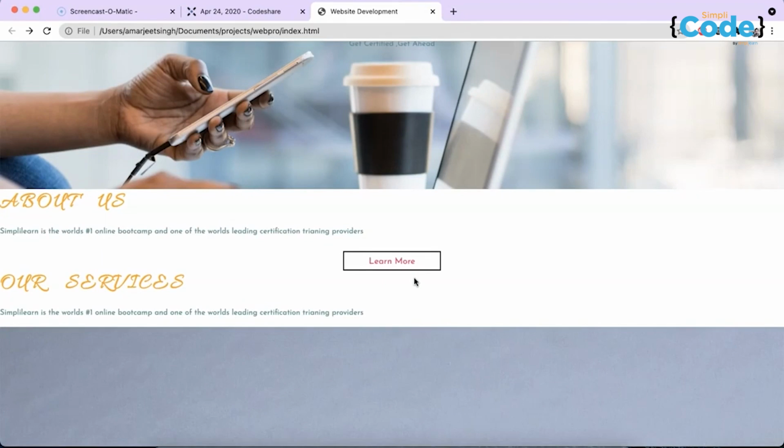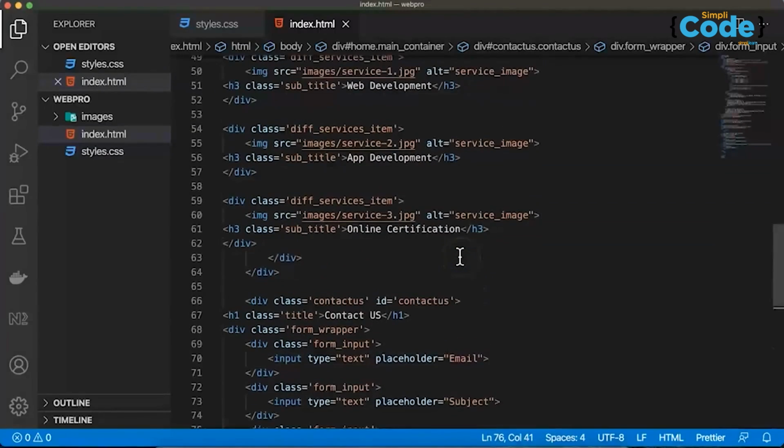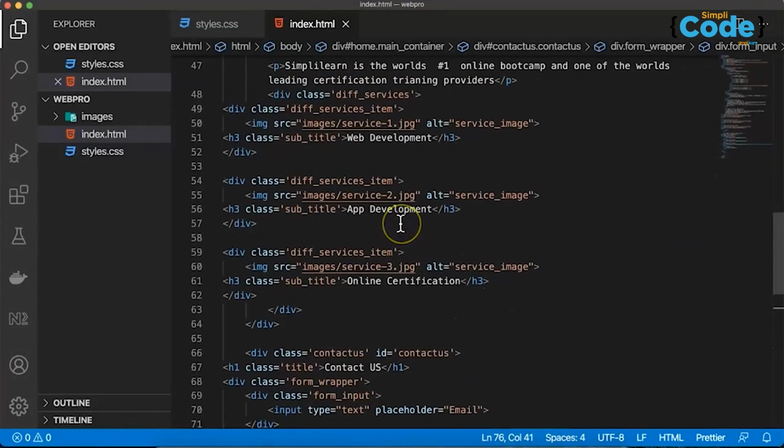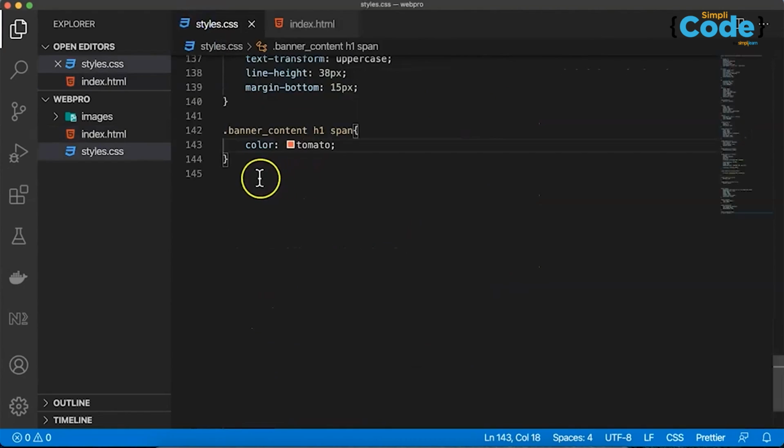Okay, using what? The style. So the first important thing is we have got these images with us. What those images are, if we just check here, we have a class div service item. That we want to change, but before that I will go back to my style,